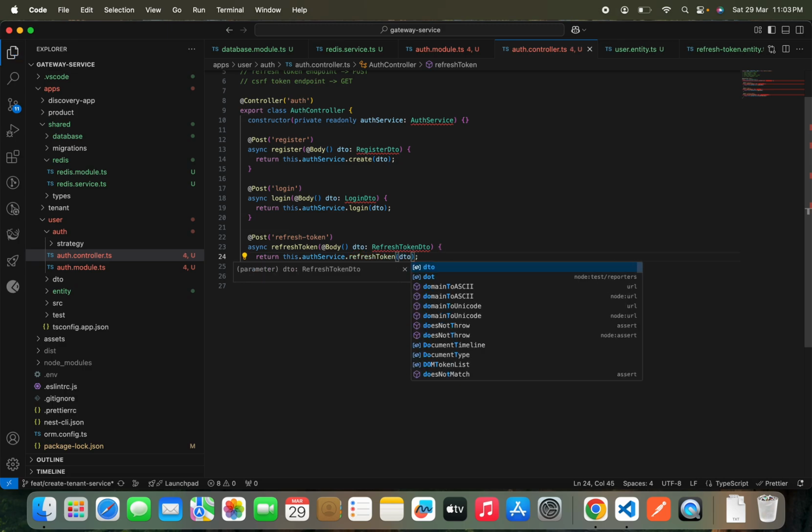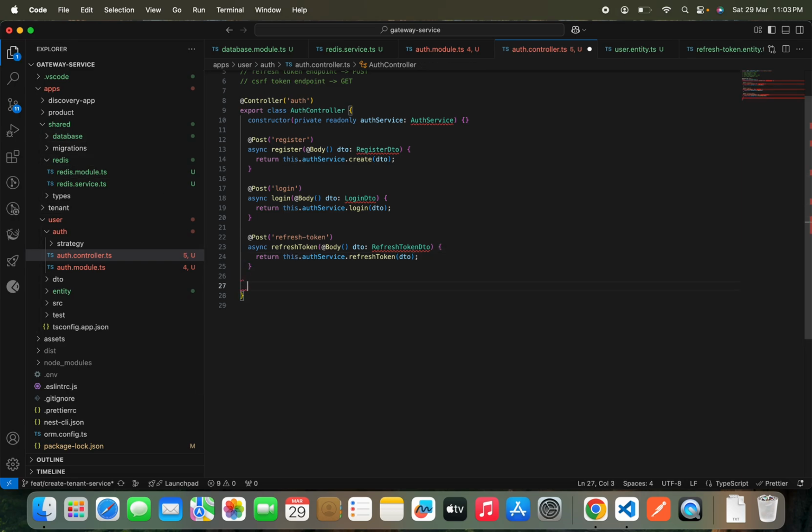Then we have the logout service. So what this logout service essentially will do is